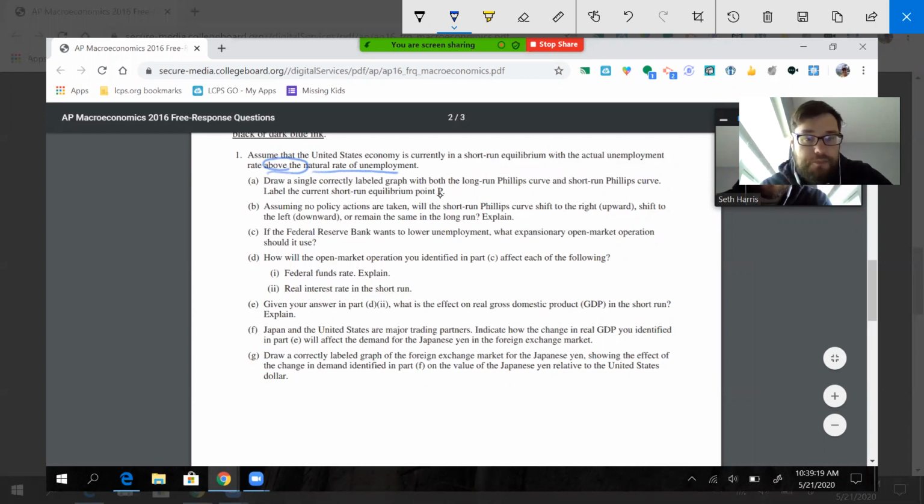Let's go to part A. Draw a single correctly labeled graph with both the long-run Phillips curve and short-run Phillips curve, and then they don't give us any values in terms of what unemployment or inflation are. But we're just going to label where we are on the sort of generic graph. Okay, so Phillips curve graph, let's just do it down here. Okay, so we have the inflation rate here, unemployment